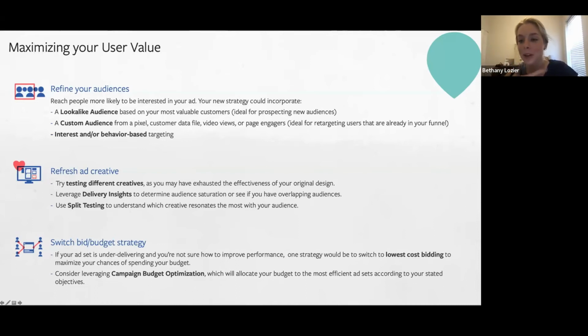But we also have what's called behavior-based targeting in the platform. That's anyone that maybe has purchased something from an Instagram shop. Someone's bought a new pair of Allbirds shoes. We're going to have that signal on the platform because they completed that purchase through Instagram. We're not going to know everything about every individual advertiser, but